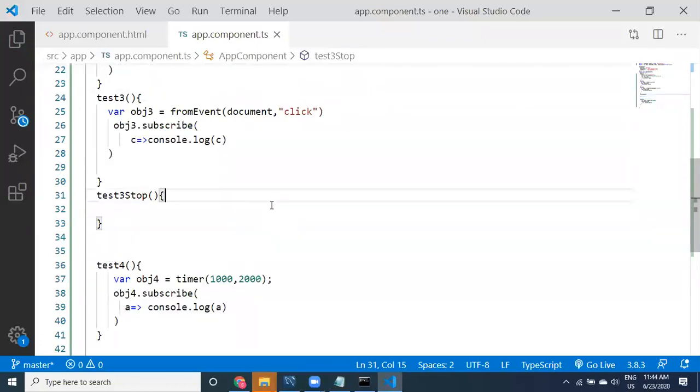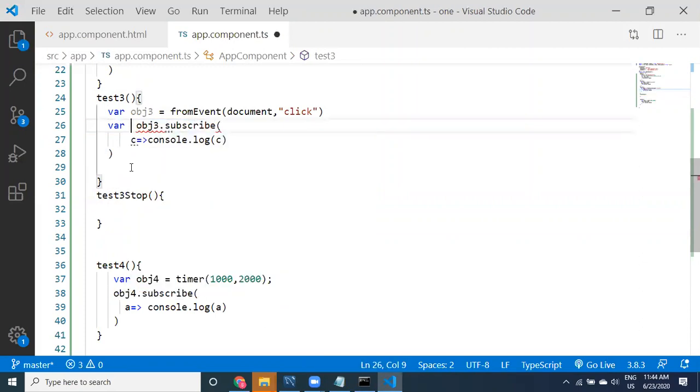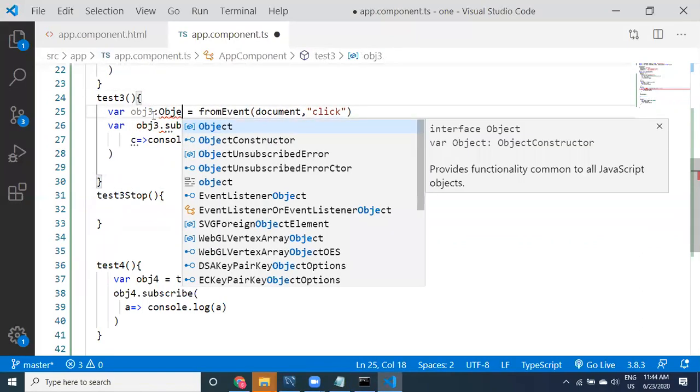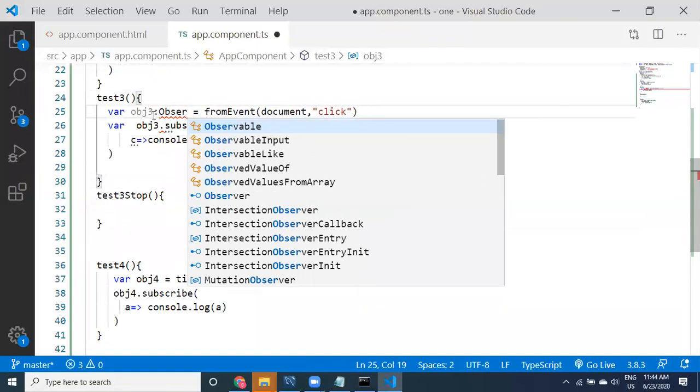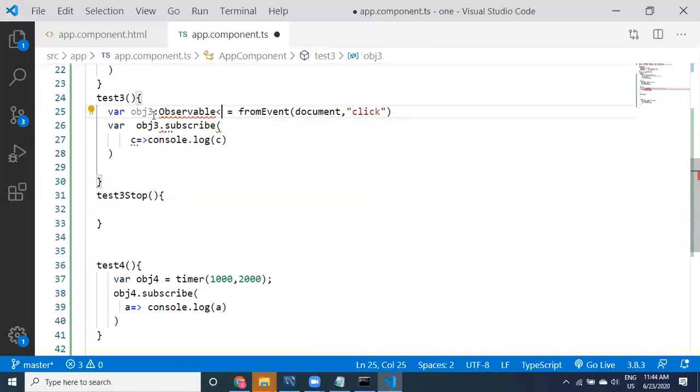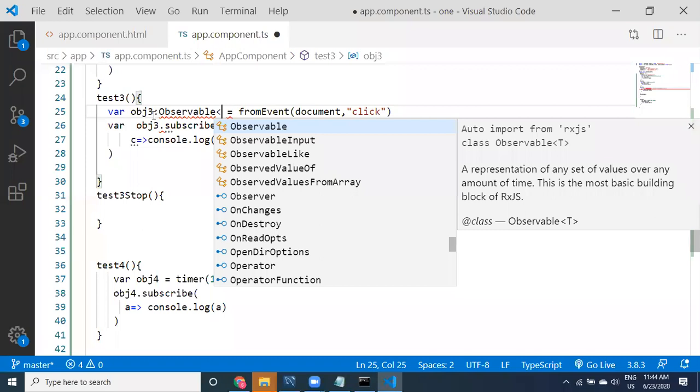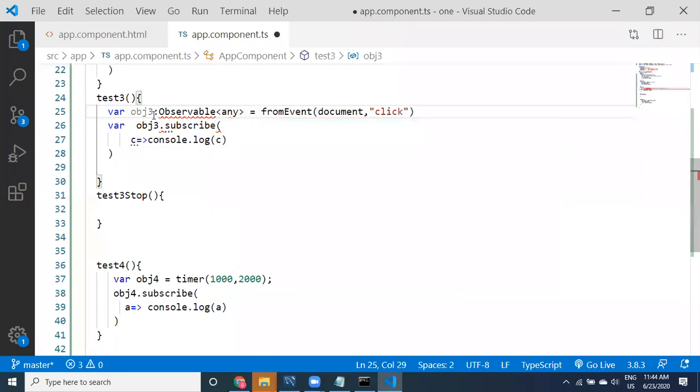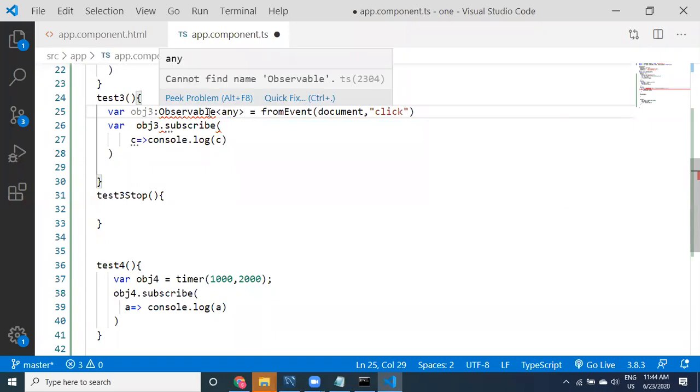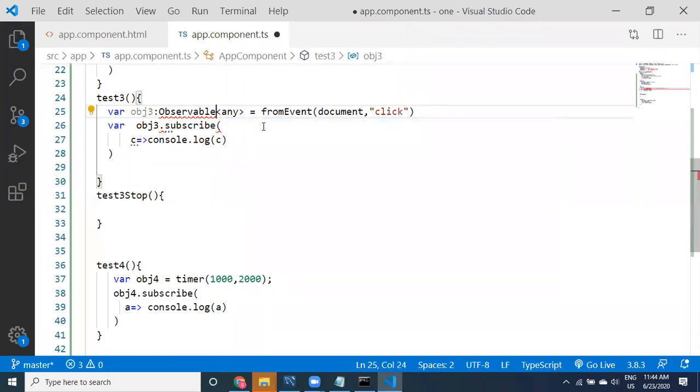To unsubscribe, whenever you are subscribing, this subscribing is also going to return one variable. This is an observable object. Maybe you can take observable of any.